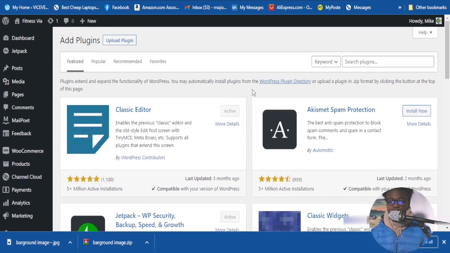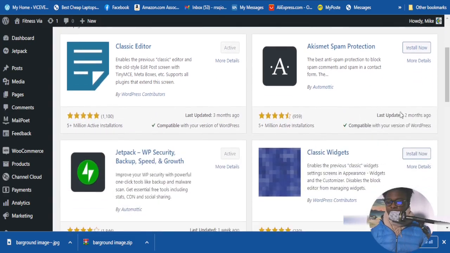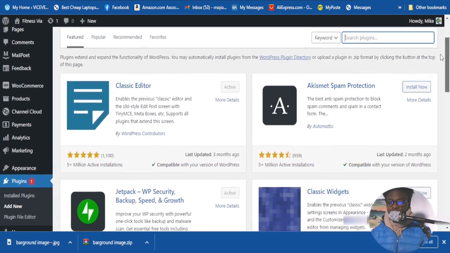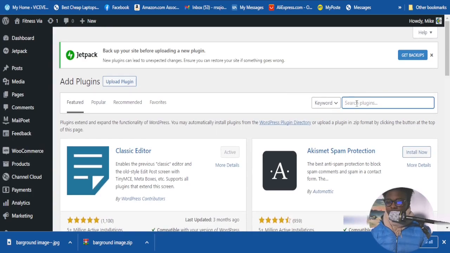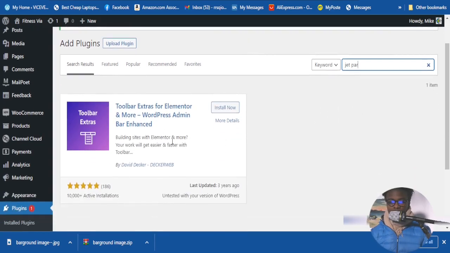If you are looking for a certain plugin to be installed on your website and you don't see it right here in the list, you can just click on this magnifying button here and write the name of the plugin here. Let's say I want to download this Get Back plugin here. I just type the name there and install it. Here is the Install button. You click this Install button here,